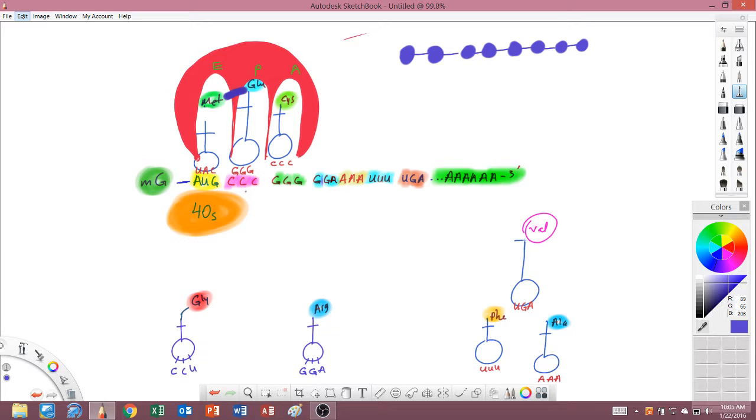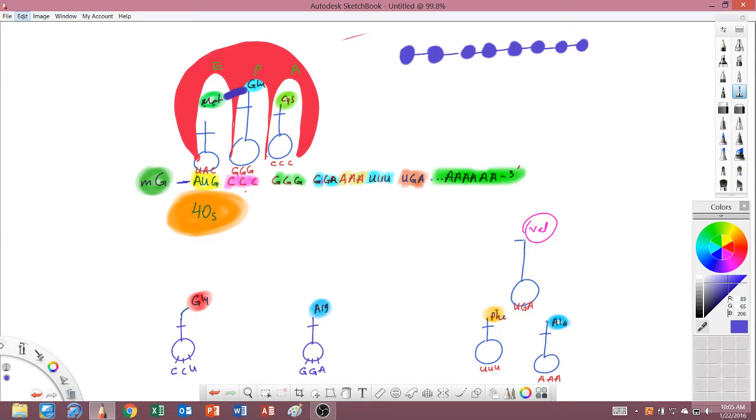So the factory needs two things. One is the code. How should I combine these amino acids? Should methionine be first or cysteine? Because whatever you order, you have to have it specific. But who is supposed to bring the product, the amino acid? tRNA. Once the tRNA is empty, you tell them go pick more. They keep circulating over and over. Yeah?